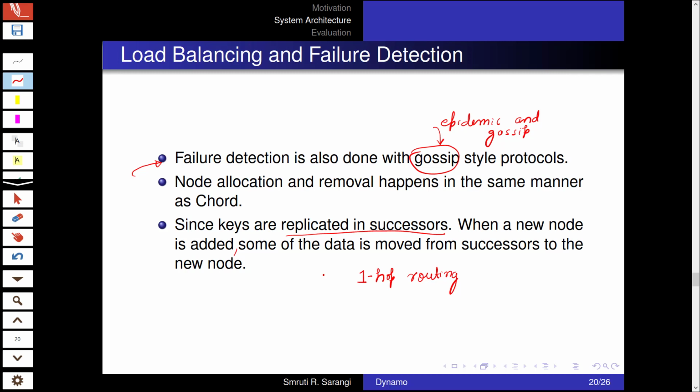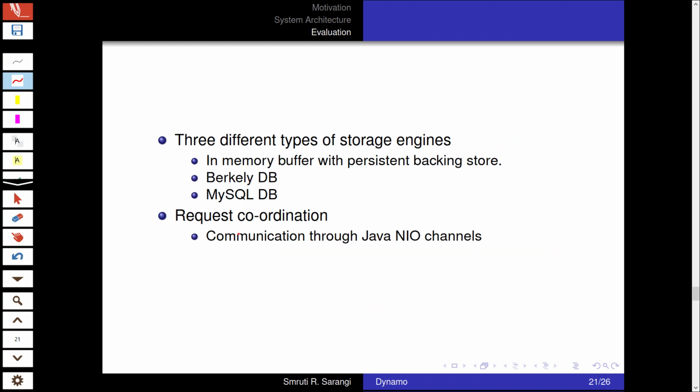That's the reason one-hop routing is required in Dynamo. The other is, of course, that we maintain n replicas. Both of these things make the protocol heavy, and that is why nodes need more storage. And once nodes need more storage, any addition or deletion means you have to move in a lot of data.